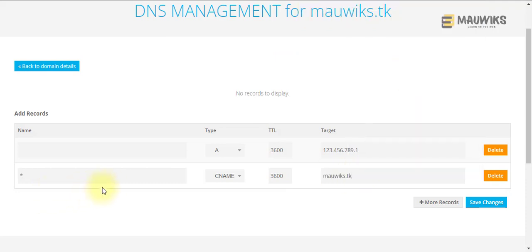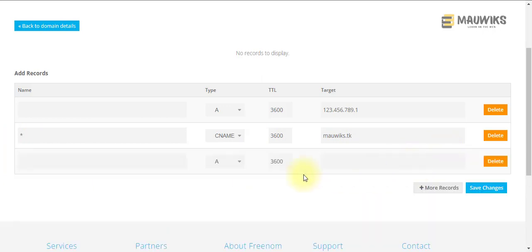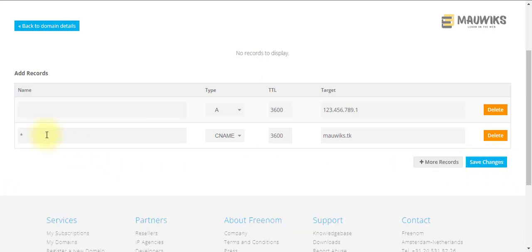There are different ways you can do this, but personally, for me, I use this kind of method. For example, I don't use this, which most of them use, adding the www,